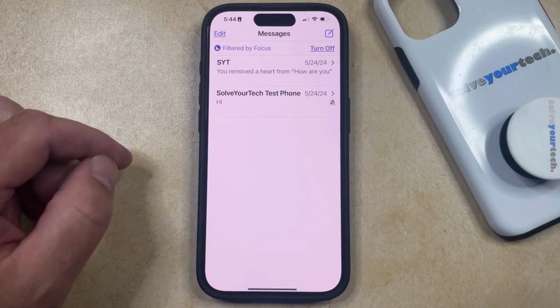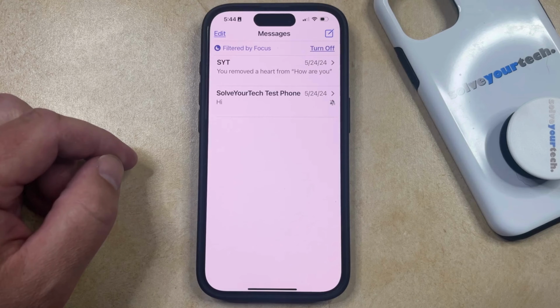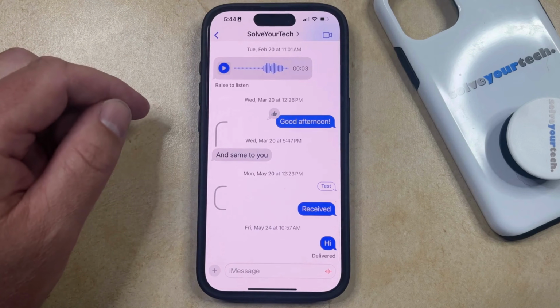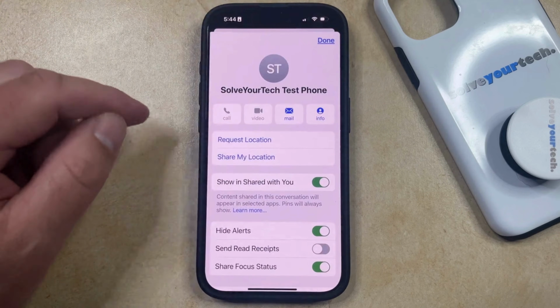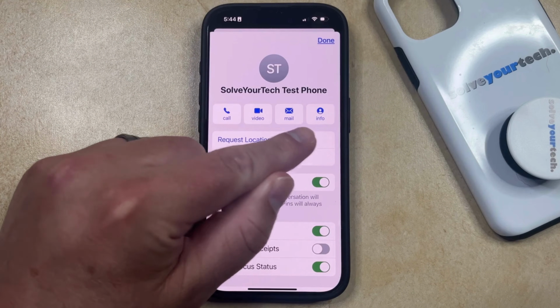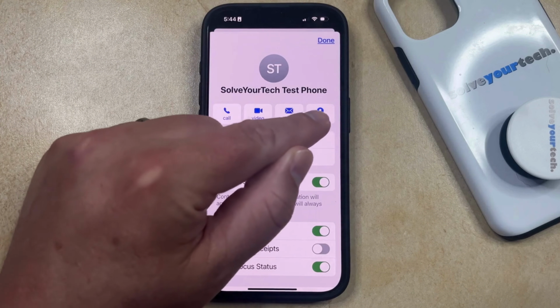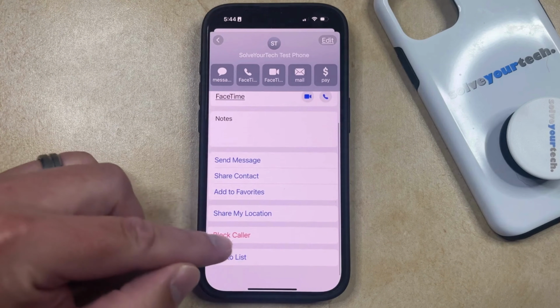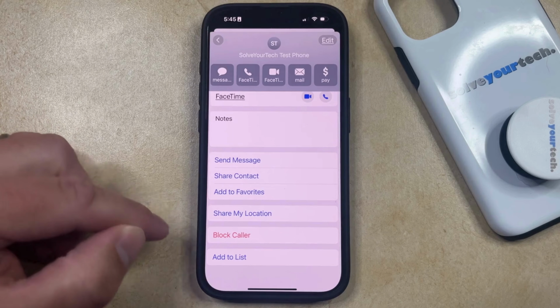You can then select the conversation from the person with whom you would like to block future texts, and then you can tap on the name or phone number at the top of the screen. Here you're going to look for this little info button in the top row of options, and you can select that. Now you're just going to scroll down until you find the block caller option on this menu, and then